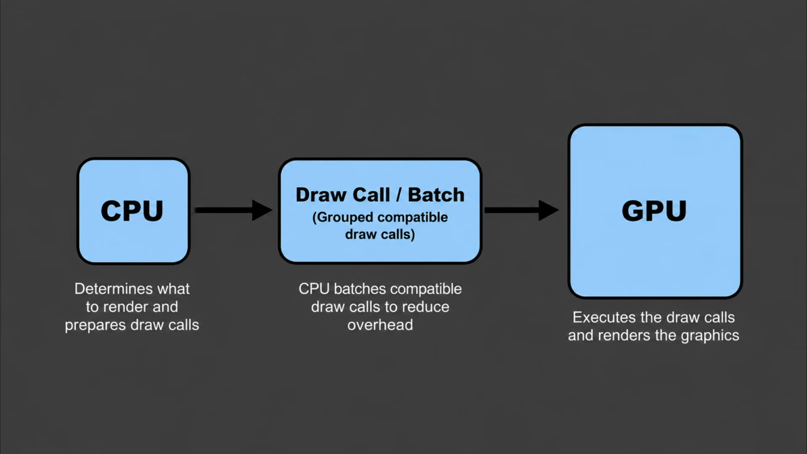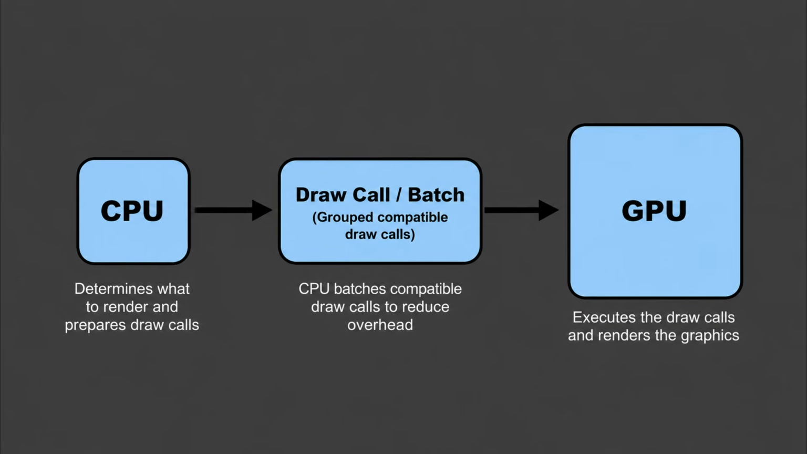Every visible object needs one or more draw calls before it can be rendered. Preparing these calls is the CPU's job. Unity groups compatible objects together into batches, reducing the number of draw calls the CPU has to prepare. That's why lowering the batch count often improves CPU performance. The more draw calls the CPU has to prepare, the more work it has to do, which can become a